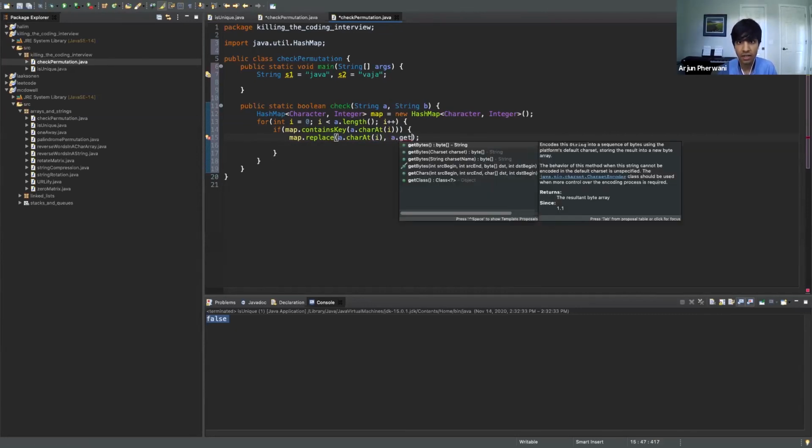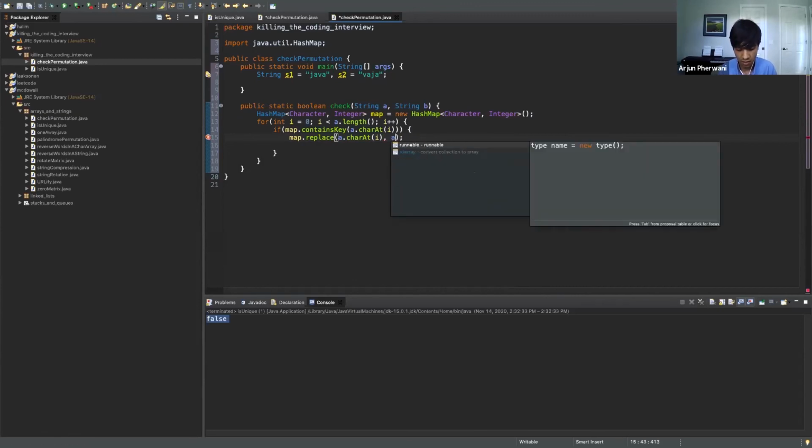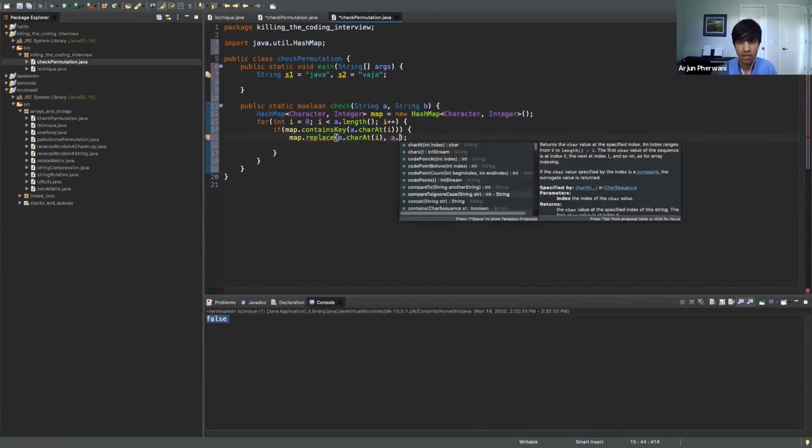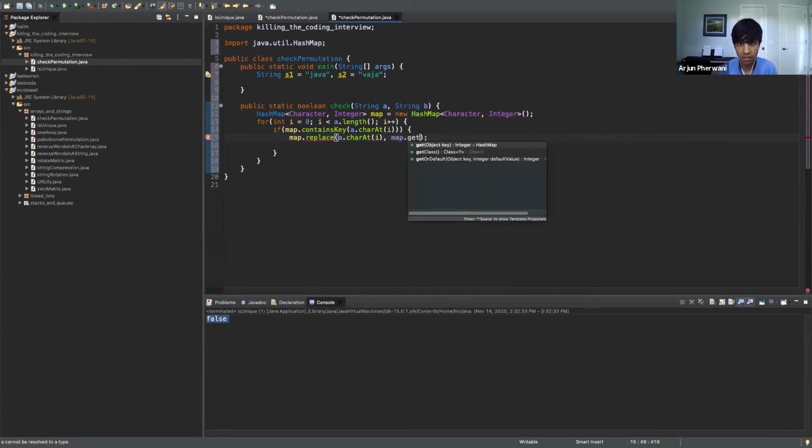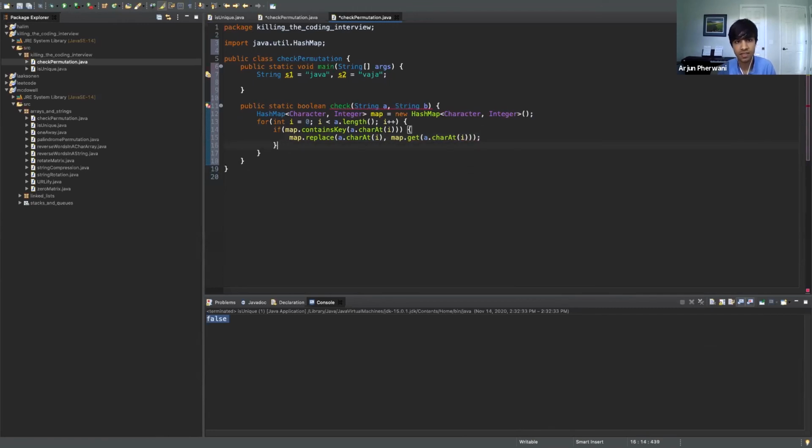It's going to be map.get, and this is why I usually like to store everything in a temporary variable, because then you don't have to type as much. And since it's constant space, it doesn't really matter. So if it has seen it, it's going to update the frequency by 1. Otherwise,